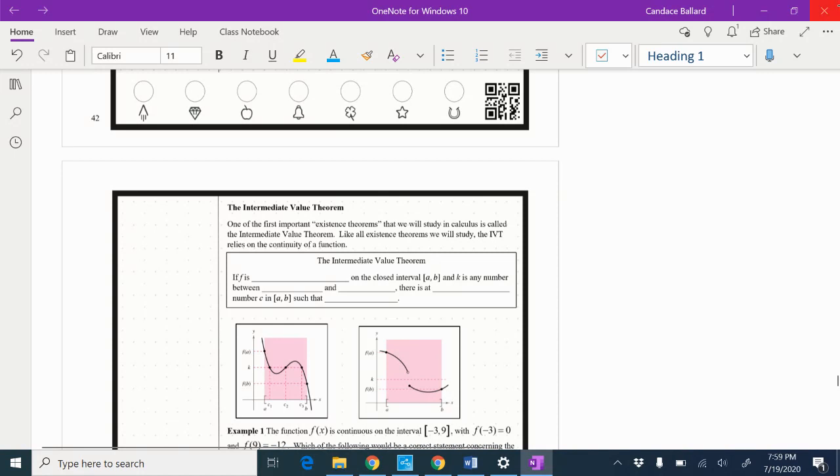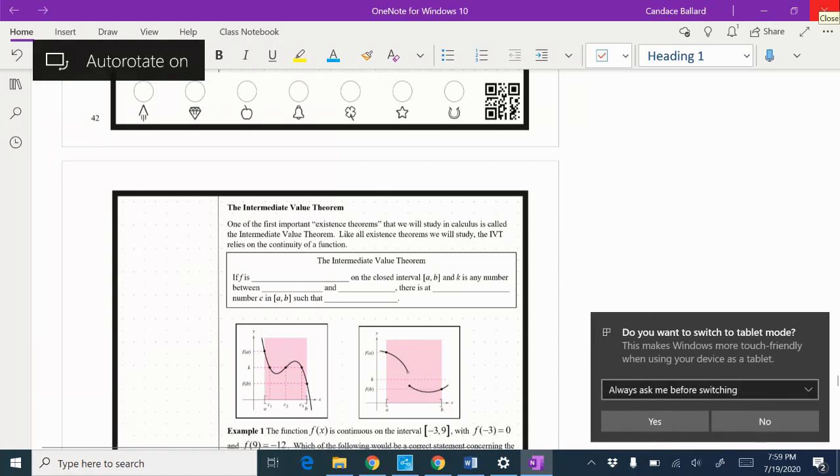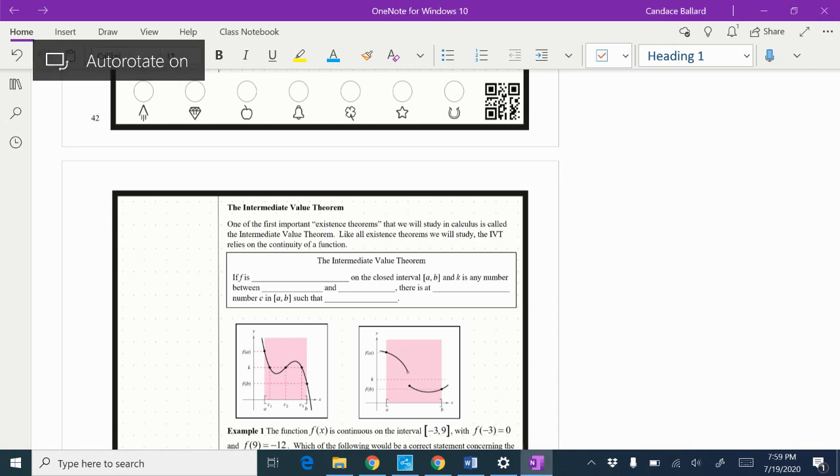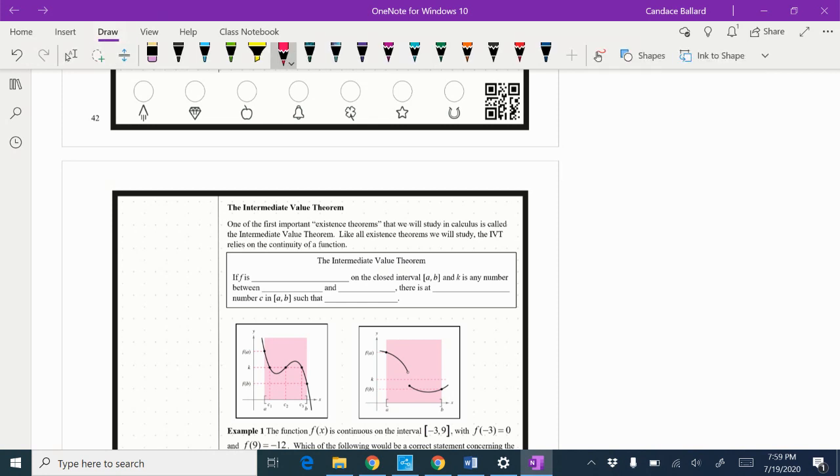So I'm going to flip my computer a little bit here now that I'm not typing. And it's going to feel like English class today. There's a lot more English writing today. So one of the first important existence theorems we will study in calculus is called the intermediate value theorem. Like all existence theorems, we will study the IVT relies on the continuity of a function, and that's super important for our function to be continuous. So if f is continuous, and that is so important that I would make sure I highlighted, bold, starred that